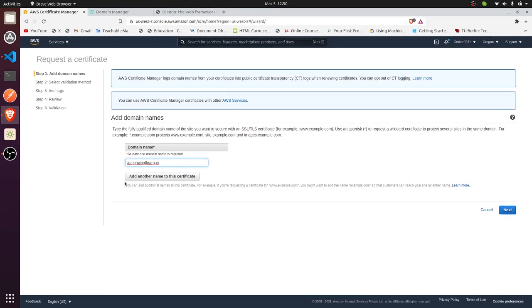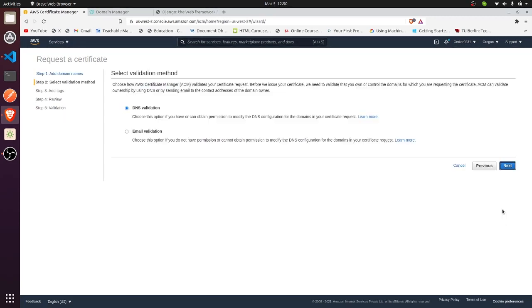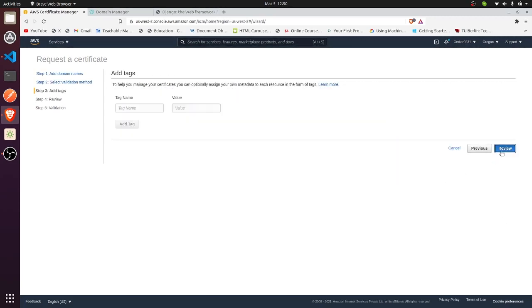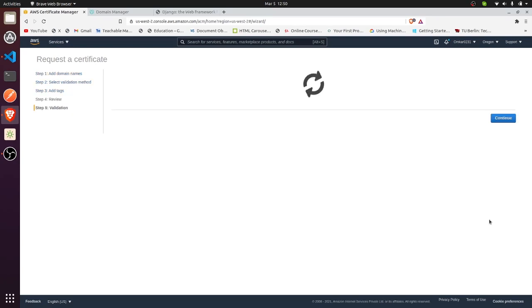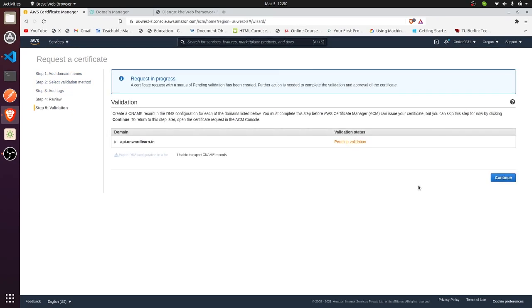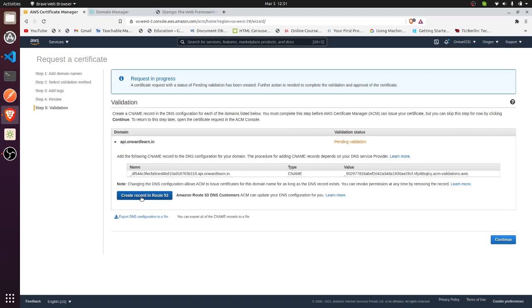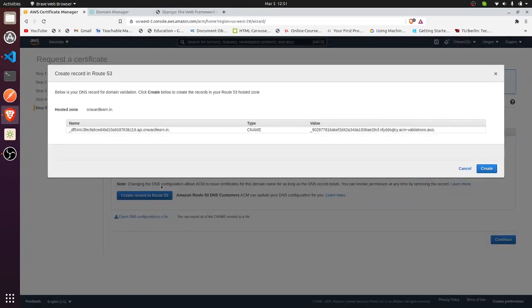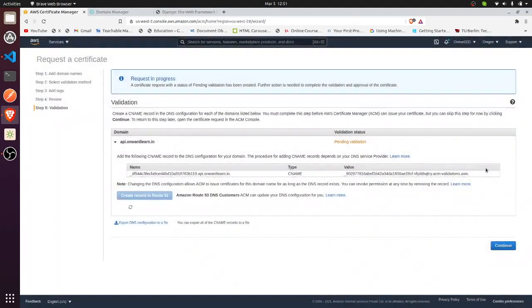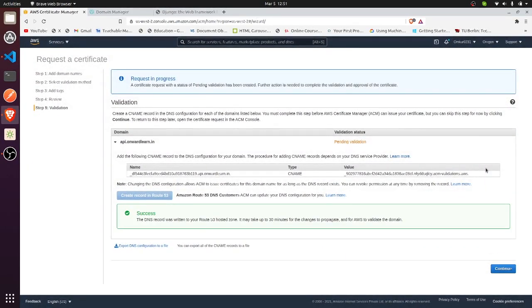You can give any other name to the certificate, like you can add an extra name to your certificate and the certificate will be the same. And here I will choose DNS validation, review, confirm. Click on this create record in Route 53 button, and this will create the record automatically in our Route 53.